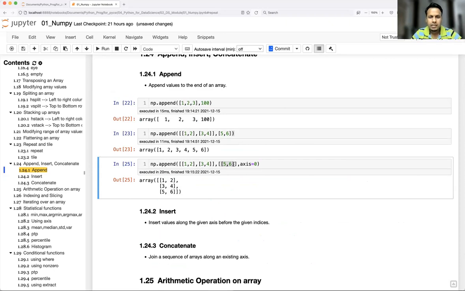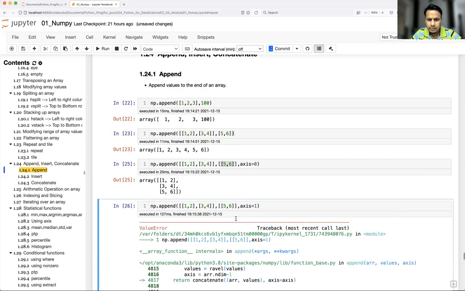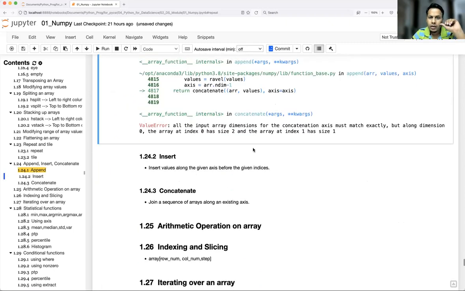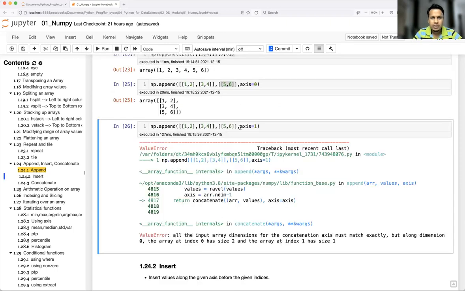So make sure the dimension is always correct. Now let's say I make it row wise. What will happen? All the input array dimensions for the concatenation must match exactly. Now I can append it at 1 2 3 4, then 5 6, axis is 1.